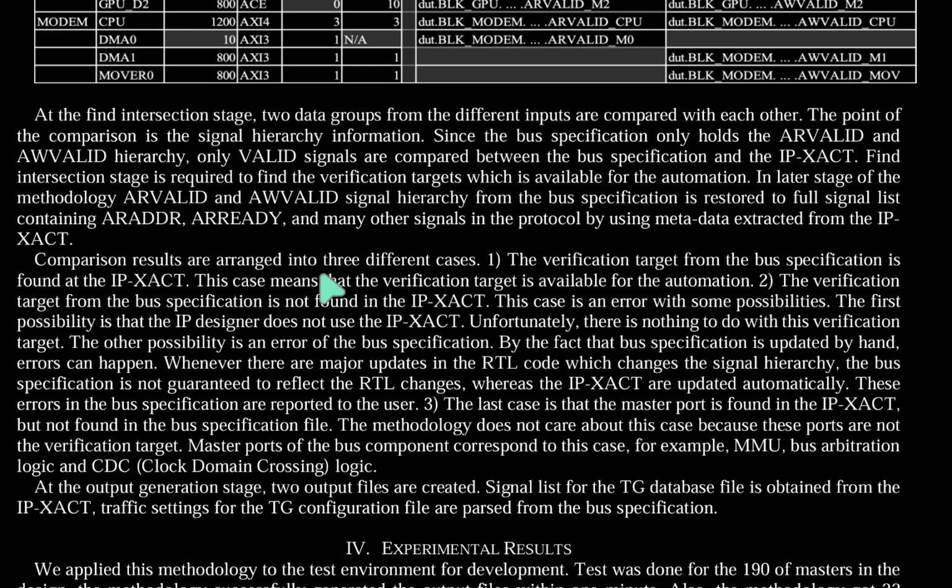Comparison results are arranged into three different cases. 1. The verification target from the bus specification is found at IP-XACT. This case means that the verification target is available for the automation. 2. The verification target from the bus specification is not found at the IP-XACT. This case is an error with some